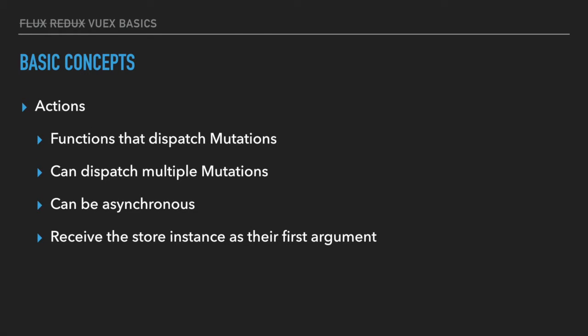We've got actions. Actions are also functions, and their raison d'être is to dispatch mutations. Actions can dispatch multiple mutations, and they can be asynchronous. This is where your asynchronous work should happen. They receive the store instance as their first argument, and optional other arguments as payload. The store instance, the Vuex store, contains, amongst other things, this state object that we're talking about, plus a dispatch method. And it's the dispatch method, store.dispatch, which the actions must use to dispatch mutations to mutate the state.